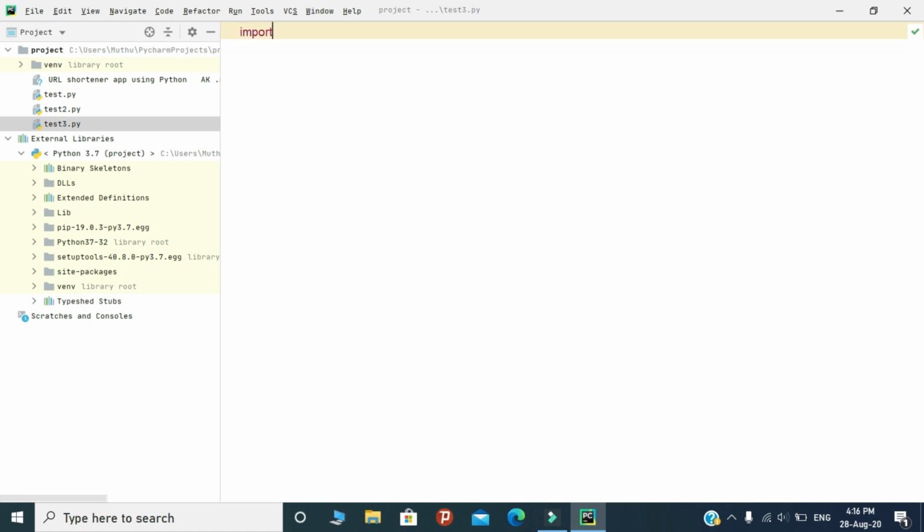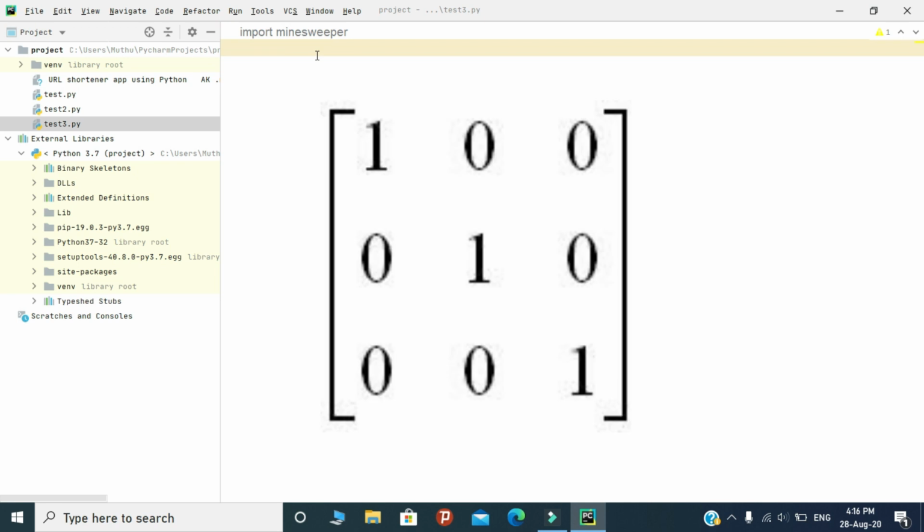After installing the package, you need to import Minesweeper only. Note that you need to import only Minesweeper, not Minesweeper Py. Okay. Next, we need to create the rows and columns. Consider this game as a matrix format. Generally, in the syntax of matrix, you need two primary values, that are row value and column value.